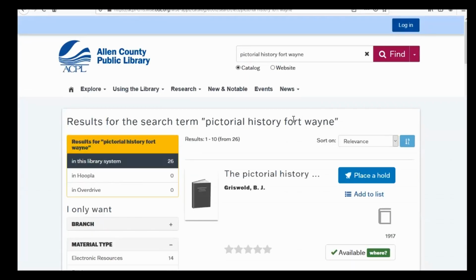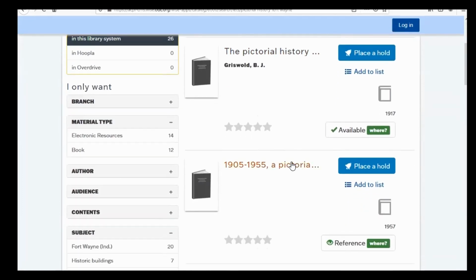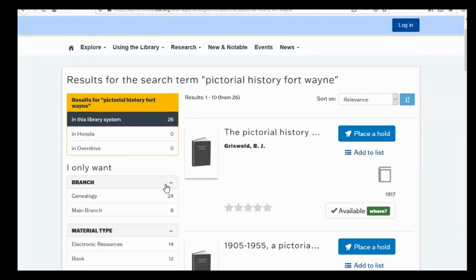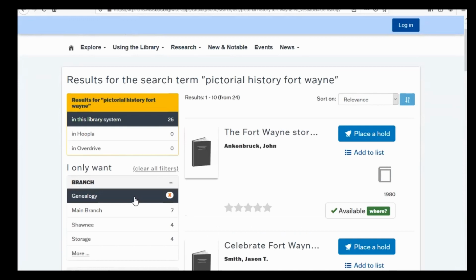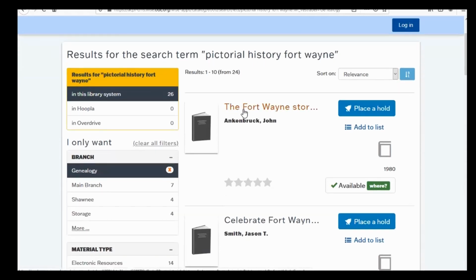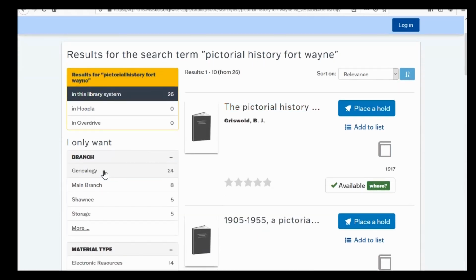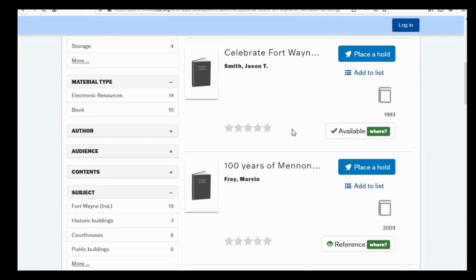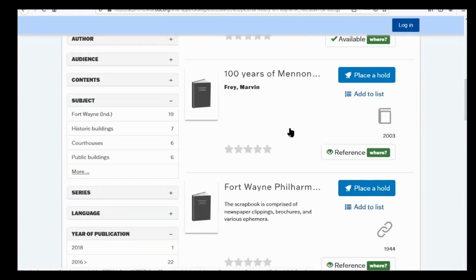Just do a search, and I get 26 results, and there are a number of copies of this particular book in our catalog. So once again, I'm going to narrow it down by my branch, just to get into the rhythm of doing it. And when I do, and narrow it to genealogy, there we go. So if I were then to scroll through,